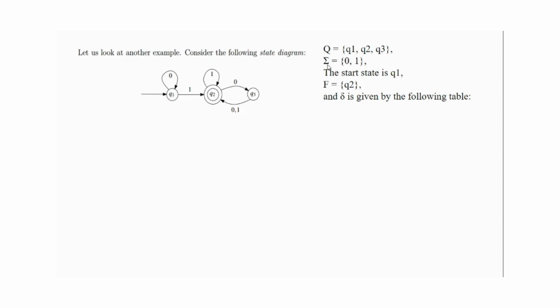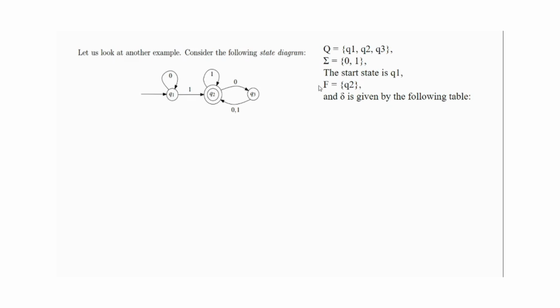The sigma is the input alphabet. The machine is taking 2 characters, either 0 or 1. That's why 0 or 1 here. Then q0 means the starting state or the initial state, which is Q1 here. It is written in a descriptive way, sentence-wise. Otherwise you can write q0 equal to Q1. This is our initial state. How is it identified? You will have a starting arrow here, which is coming from no state. That's why this is the initial state.